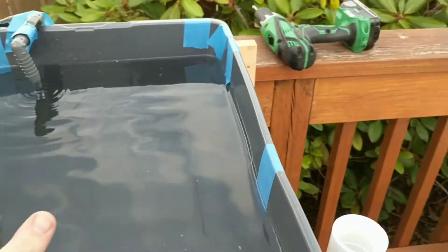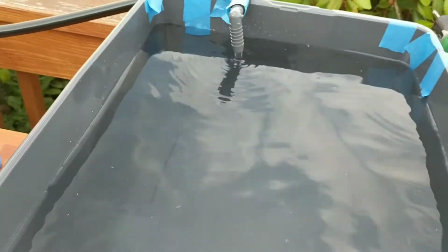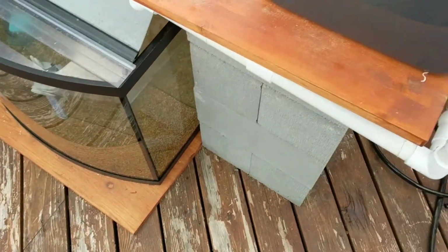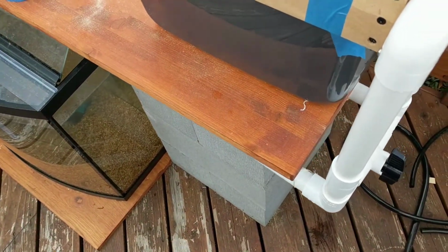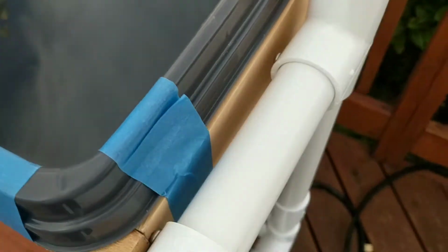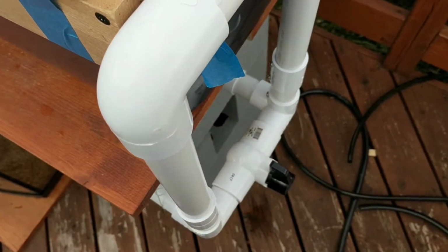But anyway, so this is collecting debris, which is awesome. But I think I need to put some kind of a net or debris catcher over that hole, the drain in the bottom, so that if anything gets stuck in here, I can fish it out rather than have it float down into the fish tank and recirculate, or worse, get caught and plug up this